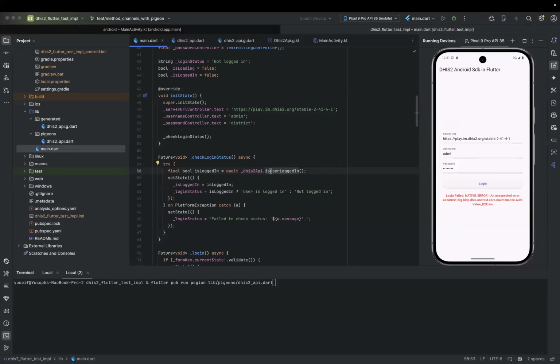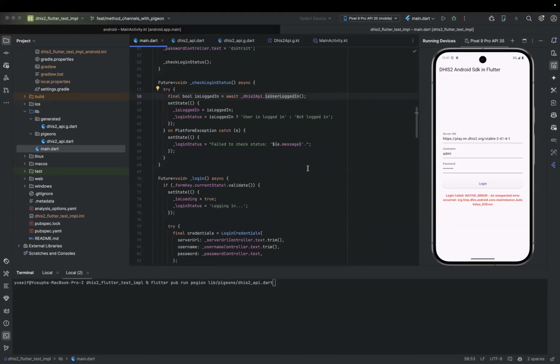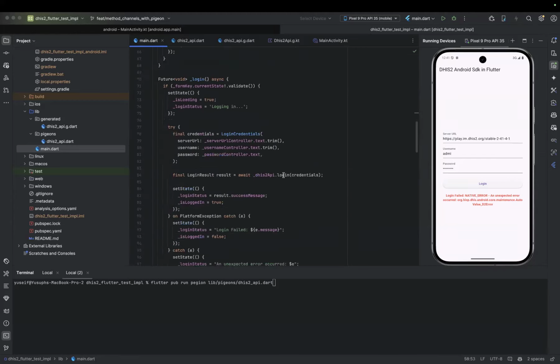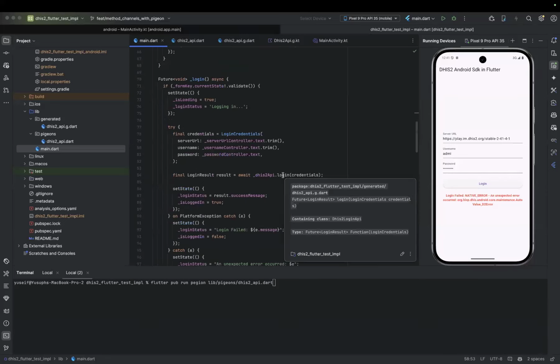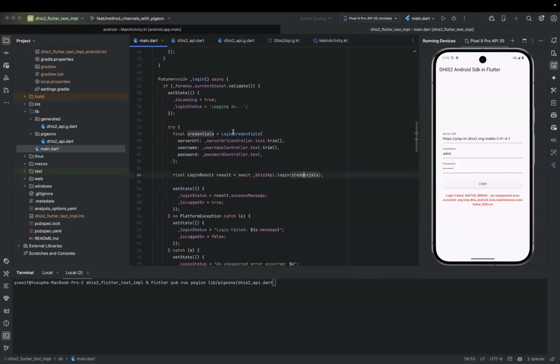We have the DHIS2 API, and then we have the function called isUserLoggedIn. Also, if you come to the login function, we now call the login function instead of passing down a name. But also, we pass credentials as a custom class, which now reduces errors, and our code becomes a little bit cleaner.